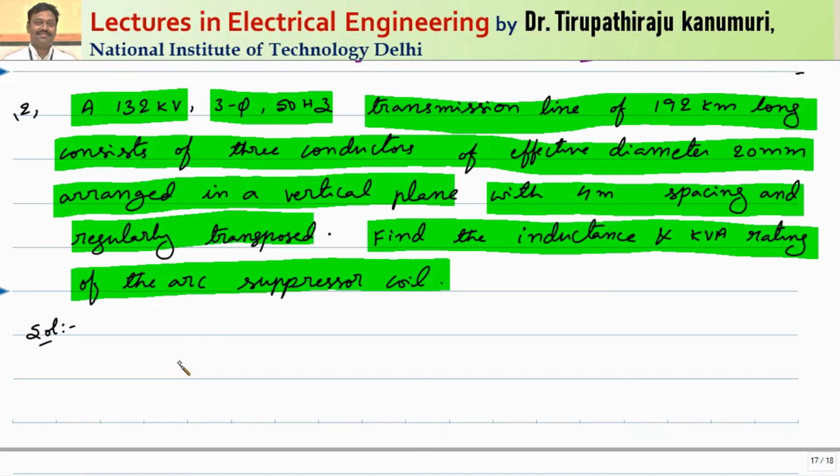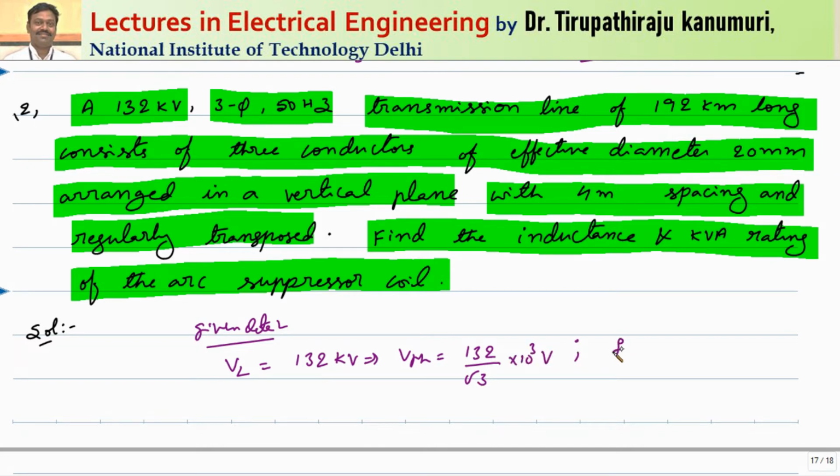How to get this one? Again, let us note down the given data, whatever we understand from the question, then we will see how to solve it. Your voltage is a line voltage, because it is a 3-phase voltage, equal to 132 kV. From this, if you want to calculate the phase voltage, this will be equal to 132 divided by root 3 into 10 to the power of 3 volts. So the voltage came now.